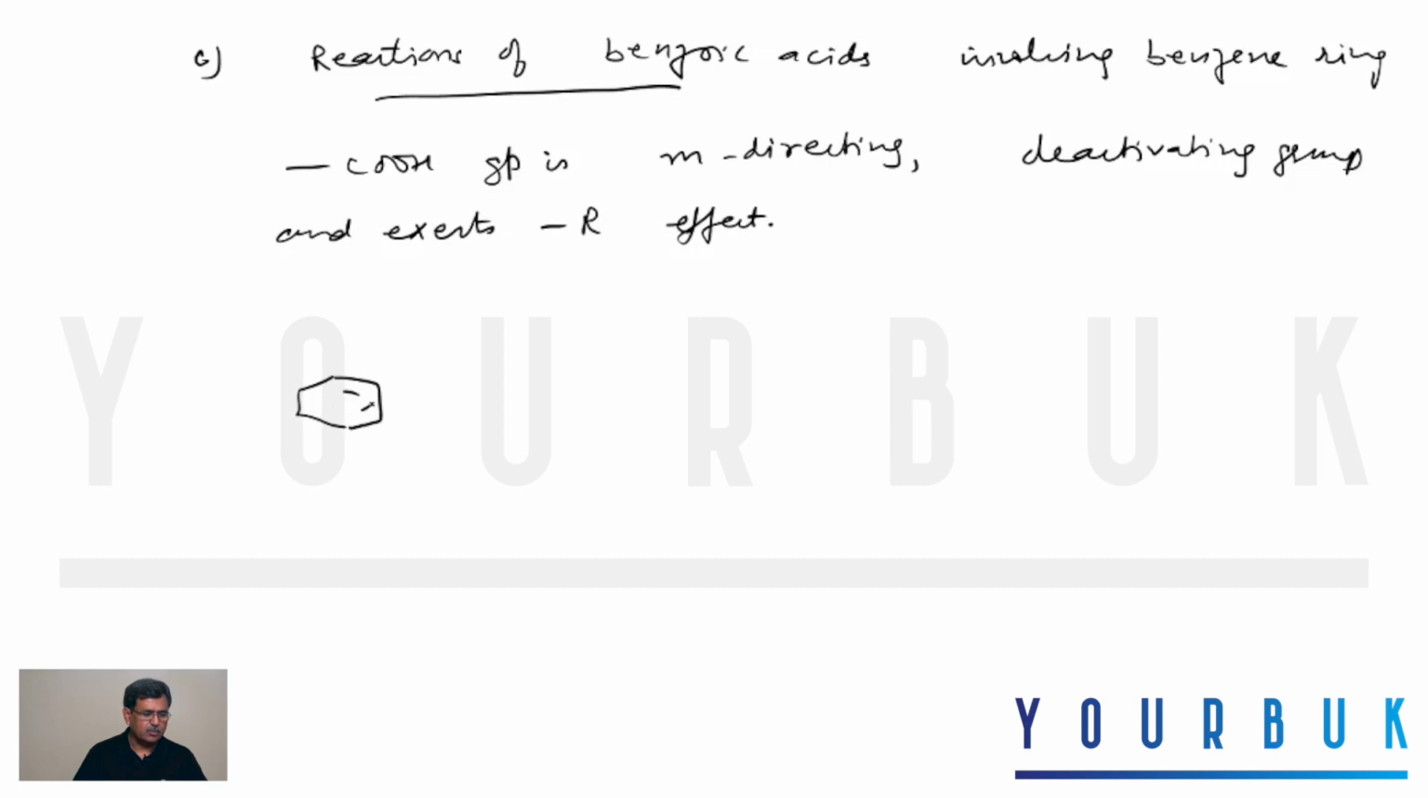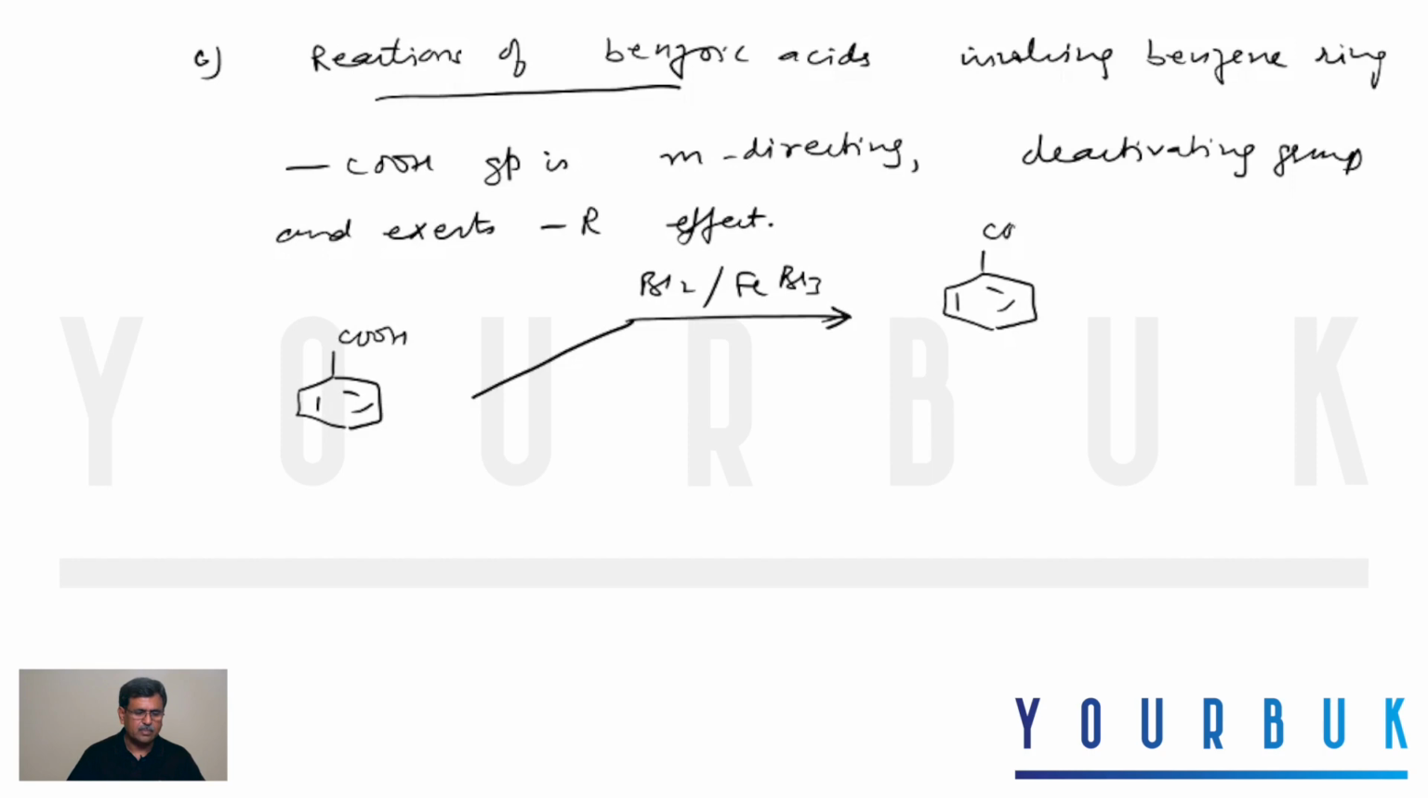So these are the two reactions. One is the bromination of benzoic acid. The bromine comes at the meta position. So bromine in the presence of FeBr3, so catalyst is required as the group is deactivating. So it gives meta-bromo benzoic acid. And the second is the nitration of benzoic acid using HNO3 and sulfuric acid. The nitro group comes at the meta position, and the compound is called